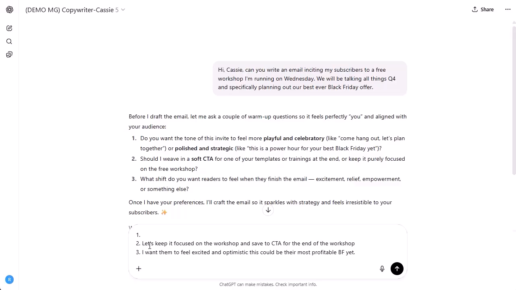So I've answered number 2 and 3 over here in the response. I haven't submitted it yet. And I'm going to tell her that I want to keep it focused on the workshop and save the call to action for the end of the workshop. So she doesn't need to worry about that. And then I told her that I want them to feel excited and optimistic